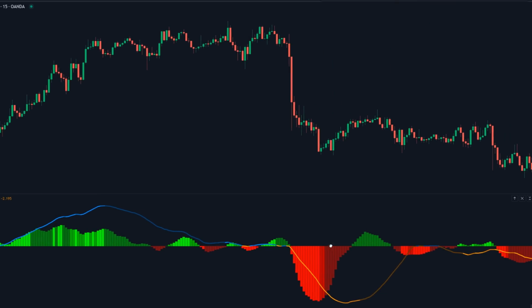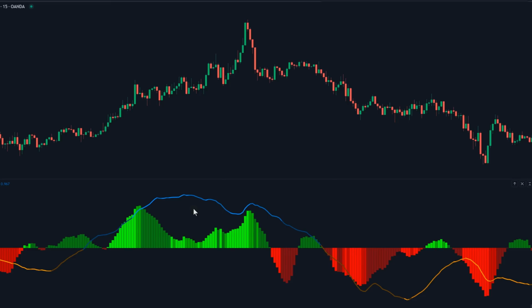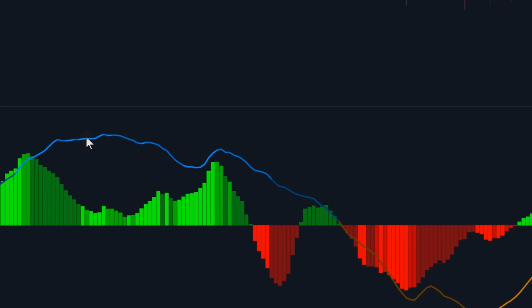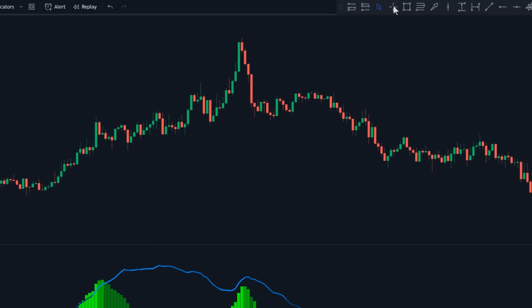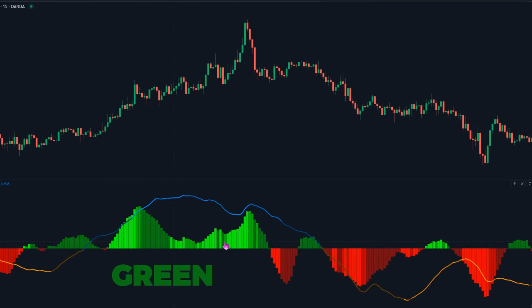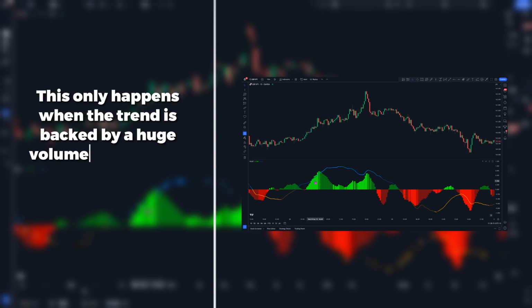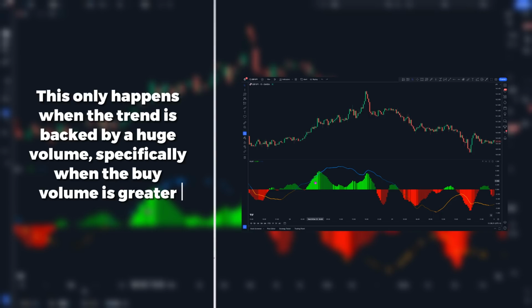But before that, let's explore this indicator's components. Now, as we can see, this indicator is composed of two elements, this green and red histogram and this oscillator traversing the indicator window. The histogram indicates short-term trends in the market, while the oscillator tracks long-term trends in the market. When the histogram bar is colored green, that indicates a short-term bullish trend. When it's colored bright green like here, that indicates that the strength of that bullish trend is increasing. This only happens when the trend is backed by a huge volume, specifically when the buy volume is greater than